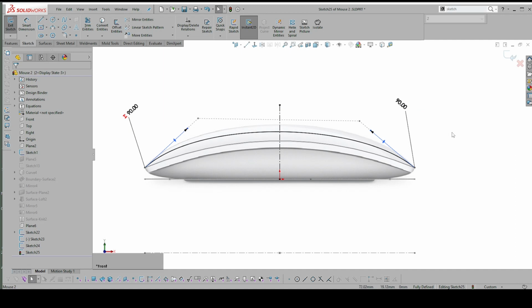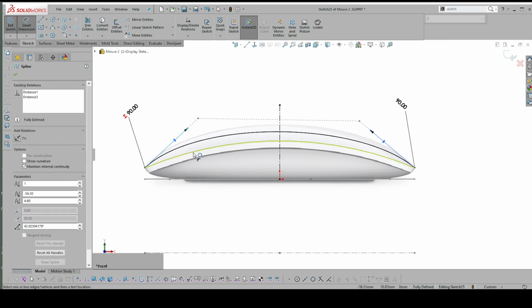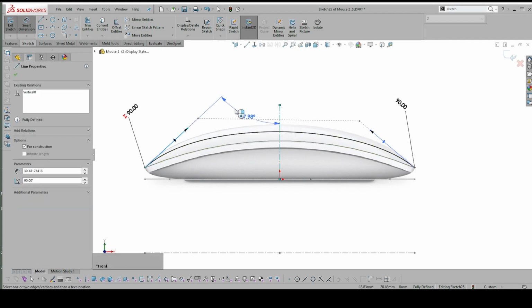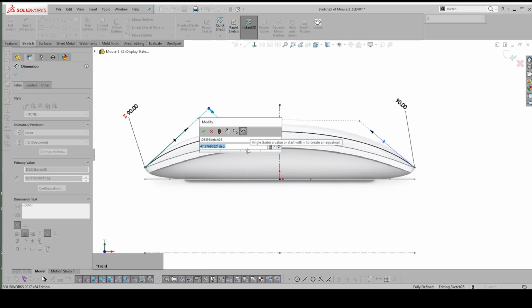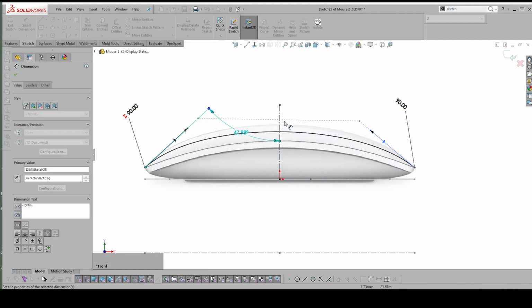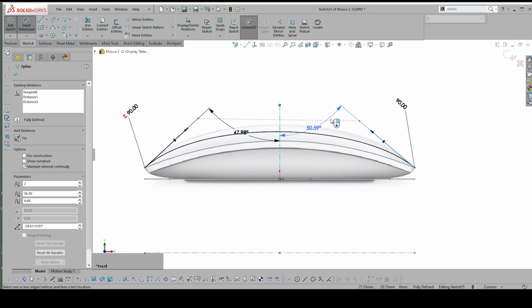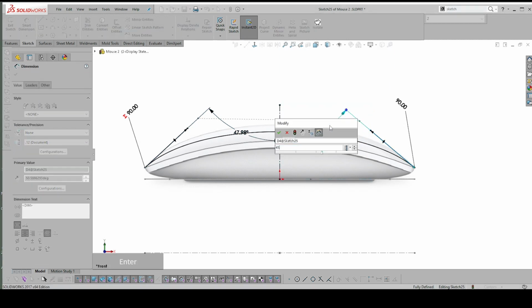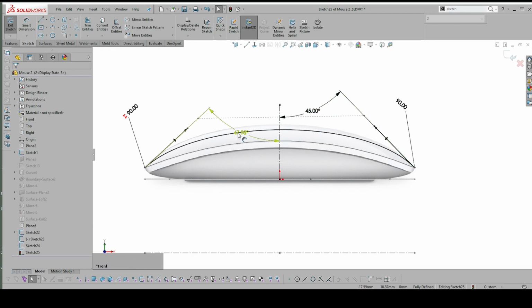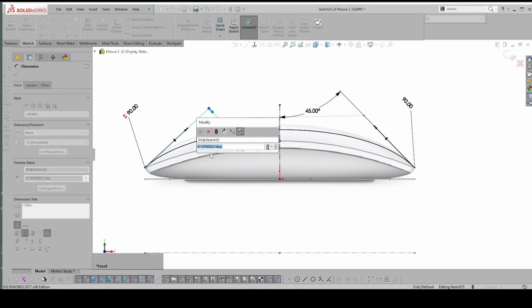This is going to save you a lot of work if you can get this right. It's not difficult at all. And the second thing I want to do is dimension the angle between that point and that line. Once again, let's leave it as it stands because we're going to link these two as well. Let's make this 45. And let's double click on it, equals this